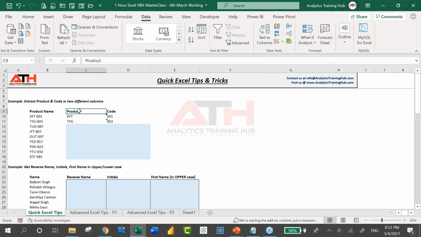Flash Fill was added in Excel 2013 and is used to recognize a pattern and fill the data automatically for us. What does it mean? For example, I have a column like this where I've got text and numbers.